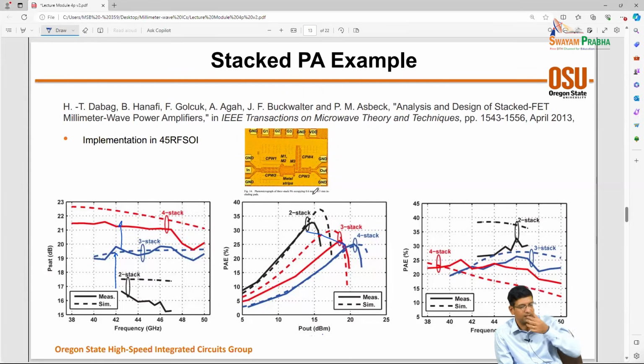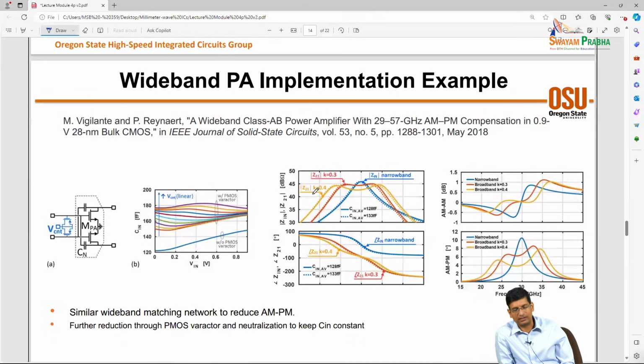Instead, I'm doing stacking. And this was another paper that we discussed in the context of wideband matching networks, but they also had the same observation that if they do wideband matching, they're able to reduce the